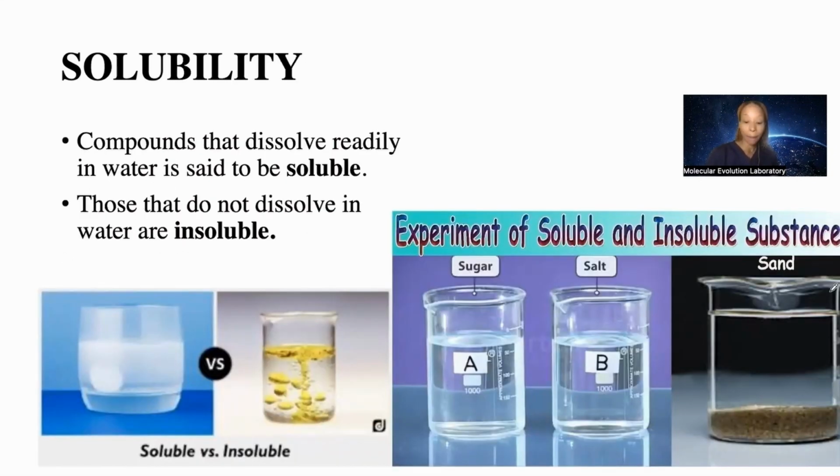Solubility looks at the ability of the compound to dissolve in the solution. Compounds that dissolve readily in water are said to be soluble. Those that do not dissolve in water are said to be insoluble. So here you can see, for example, salt would be soluble. Oil, for example, would be insoluble. Sugar, in this case, would be insoluble. Salt would be soluble. Sand would be insoluble, which means that it does not have the ability to dissolve in